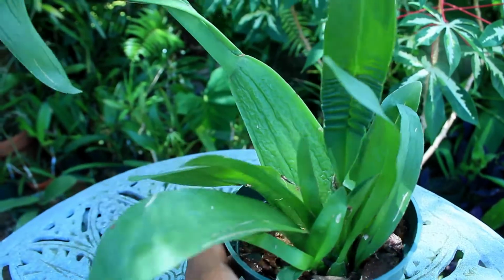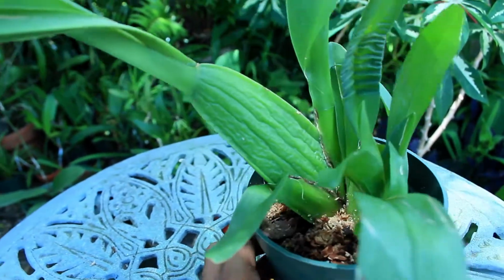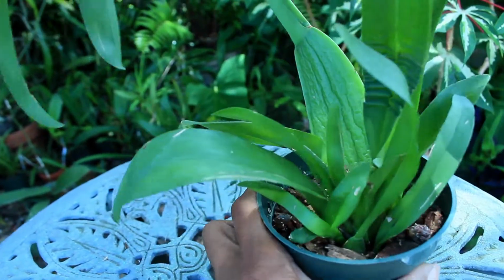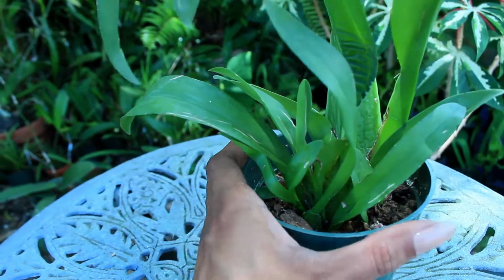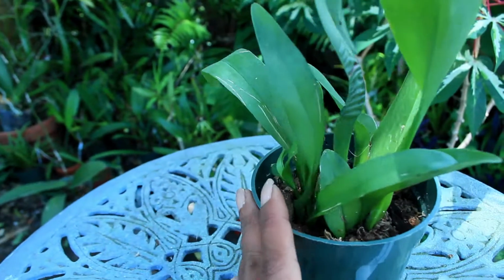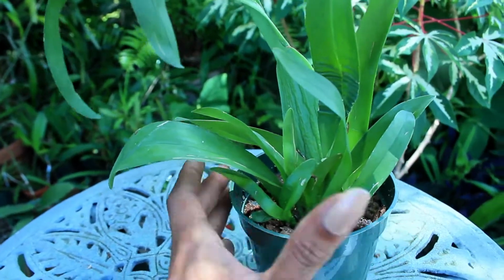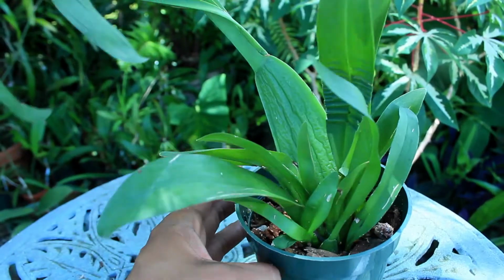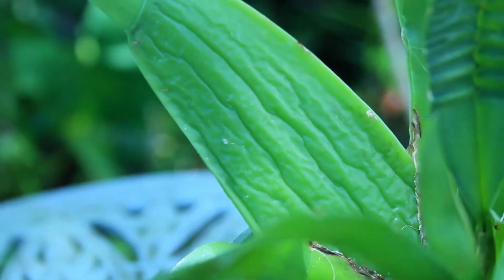Now, folks, I have done all that I could with this orchid. I mean, I really have. I made sure I was not overwatering it. I was making sure it had the appropriate lighting. I repotted it as gentle as possible. Made sure that this had no type of fungus, no type of insect infestation. I did absolutely all that I could for this orchid, and yet you are noticing really bad